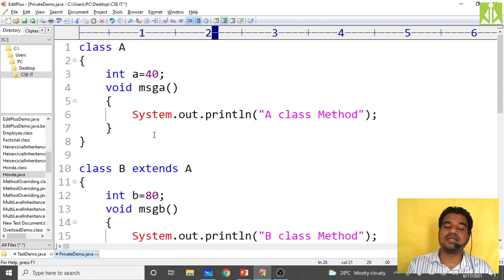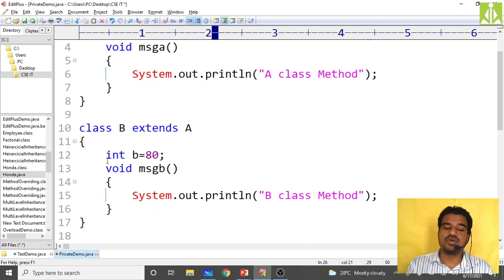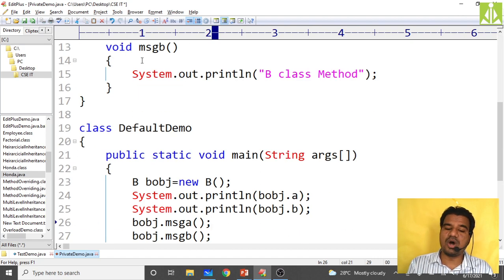Because the B class is inheriting all the properties, the B class object will hold all the properties. So I can access all the data members and all the methods. That is the reason I'm able to access the A class members using the B class object, because they are there in the B class object.